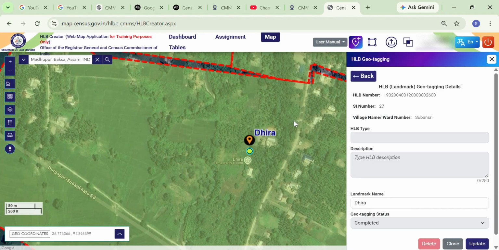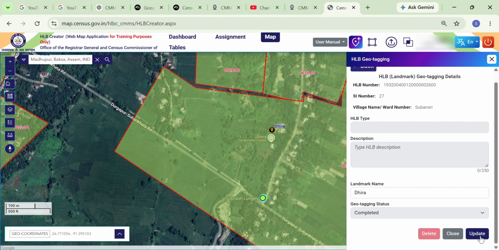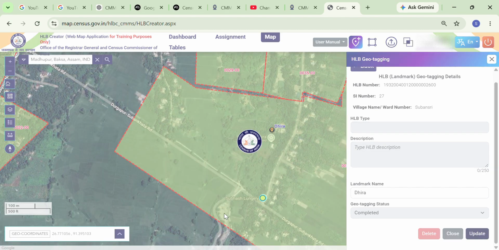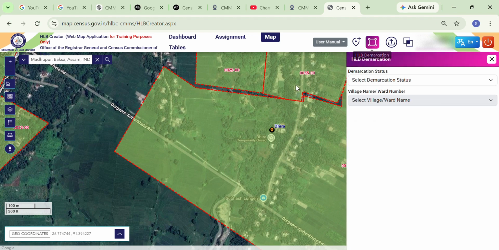After that I will click here. Now we need to change the landmark from Dhira to this one, right? So we will drag it to this portion, and after that we will update it. After updating, the landmark has been changed to Subhas Lungeli. Got it, right? So this is the process of changing the landmark also.